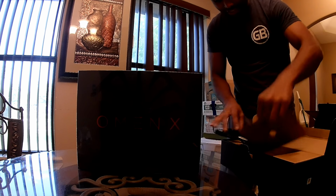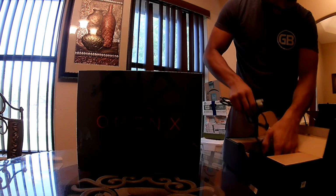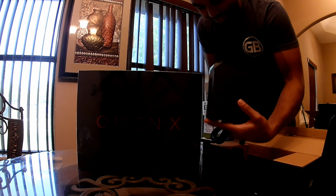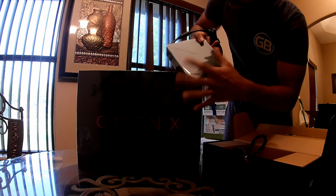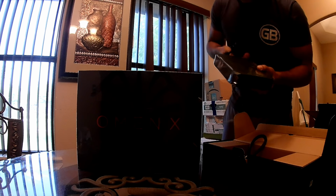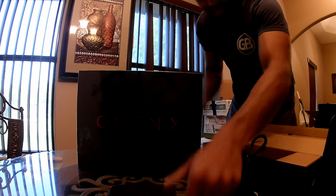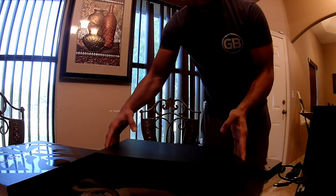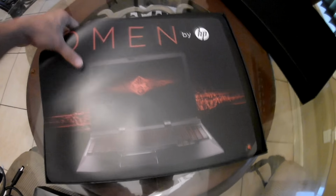Omen has everything huge. As you guys can see, this is the charging port right here, and it's a huge charging port. Check this out. Look how big that charging port is. Everyone's used to that rectangle look. Compared to this, it's crazy, man. It does require a lot of power. Here's Omen by HP. The Omen X, it still comes